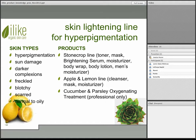Now the cucumber and parsley oxygen treatment, which is professional only. These are two components: the cucumber and parsley oxygenating gel, and then the cucumber parsley oxygenating talc. Those two get mixed together in a ratio of 1 to 2 for oxygenating and 1 to 3 for lightening. And you would leave it on the skin between 15 to 20 minutes and do a series of treatments for lightening. And I would alternate your series with the AHA treatment, doing a series anywhere between 6 to 12 treatments on a weekly basis. And then you would alternate in between, making sure you